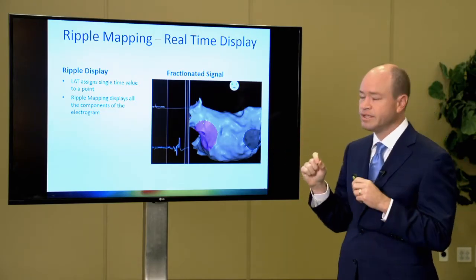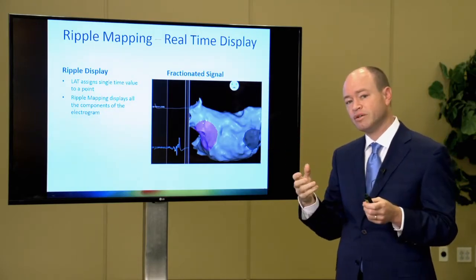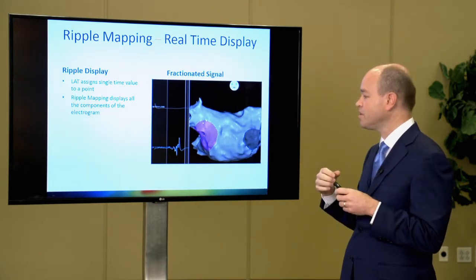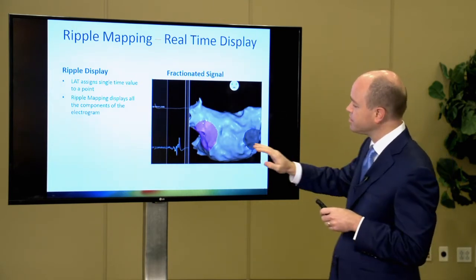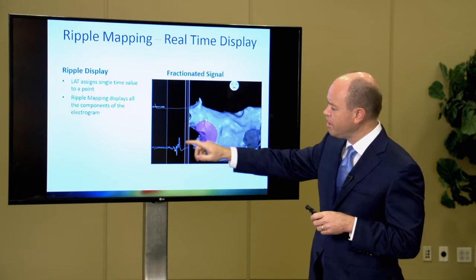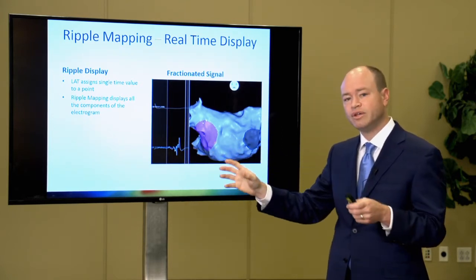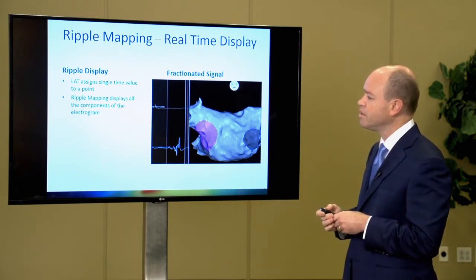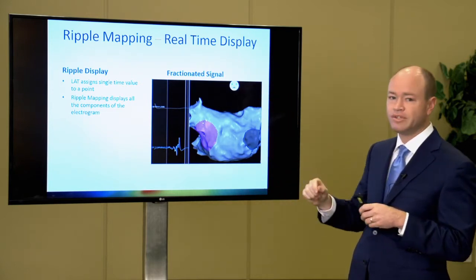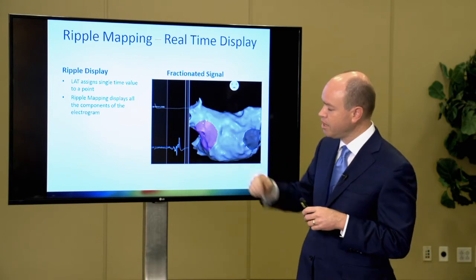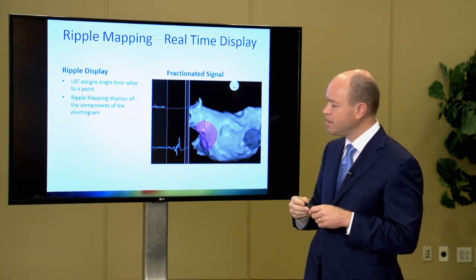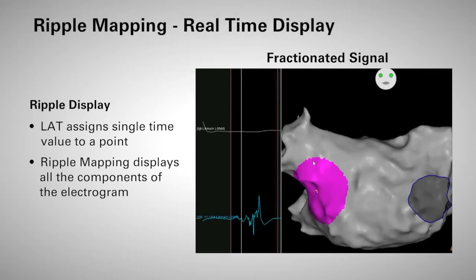This is an example of a complex fractionated signal. We can see multiple components in this signal, and it's marked on the CARTO map here. The signal, as you can see, is highly fractionated and multi-component, and traditionally we would have to select one annotation for this electrogram. Now with Ripple, we can play this in real time, and it will display all of these components,